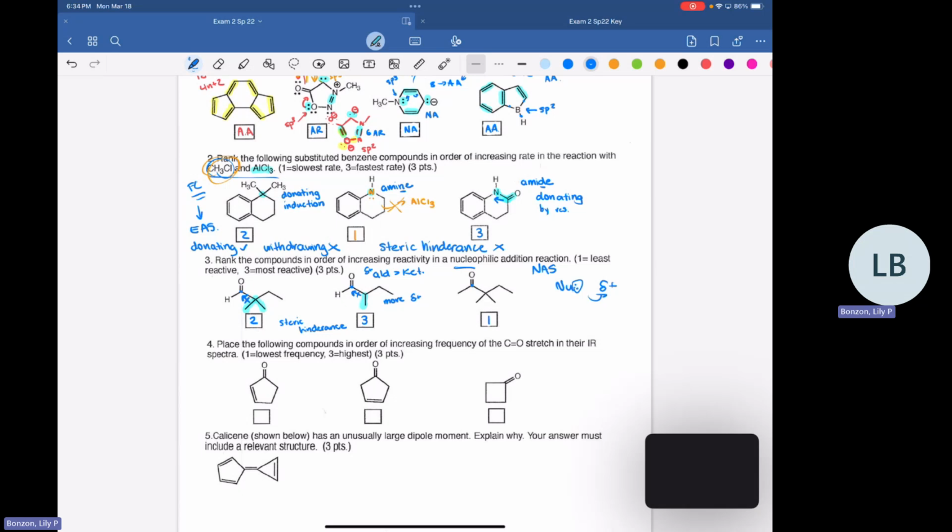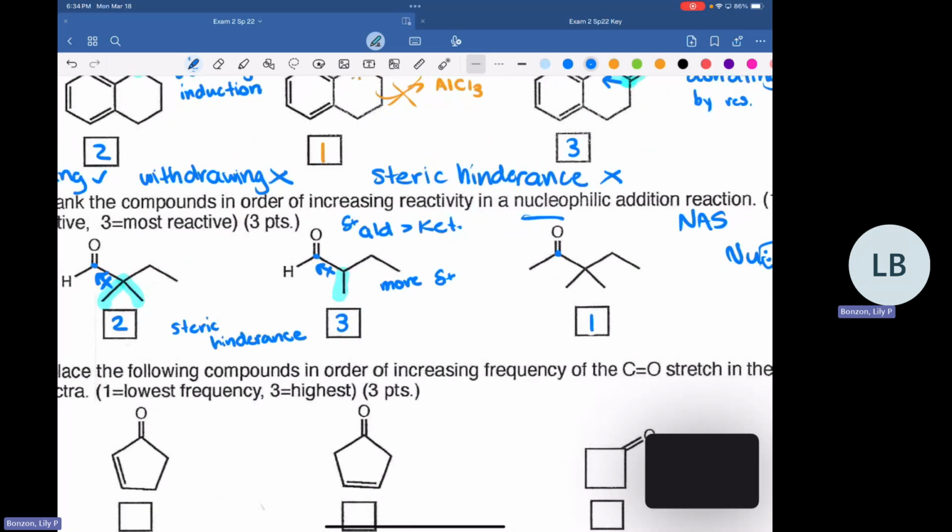Yeah, so steric hindrance can affect it, but again, another way you can think of it is that since the left structure has two methyl groups, it has those two methyl groups that can donate some of that electron density towards that partially positive carbon, whereas the middle structure only has one group to donate, so it won't be able to donate as much, so it'll be more partially positive. It's kind of like backwards thinking, but yeah.